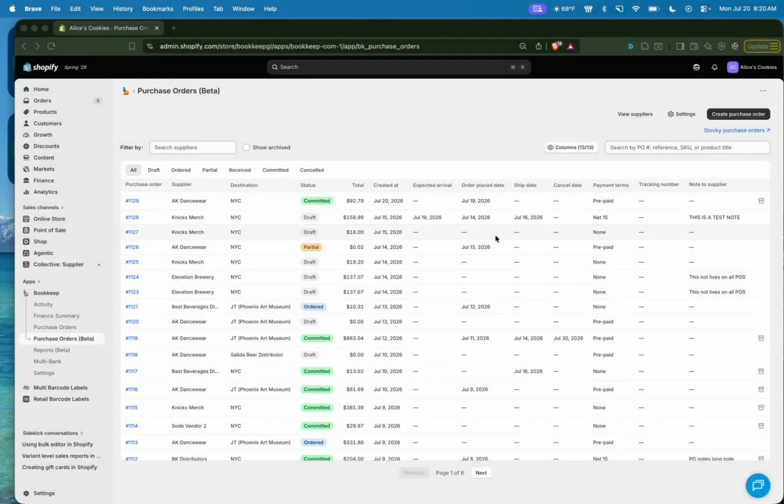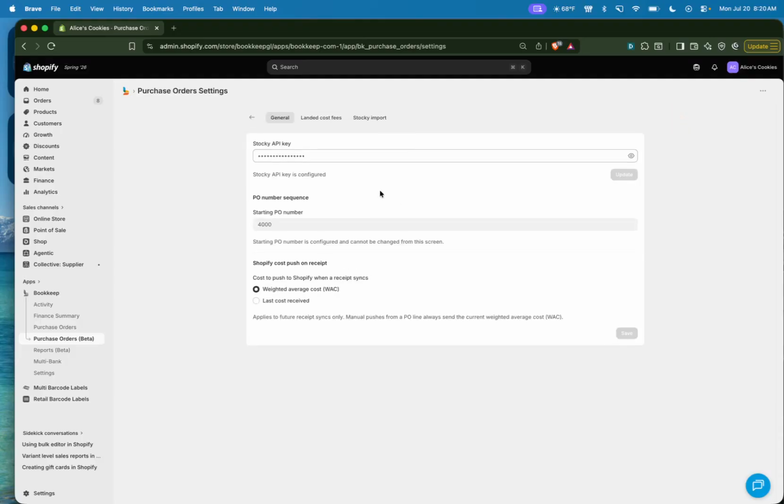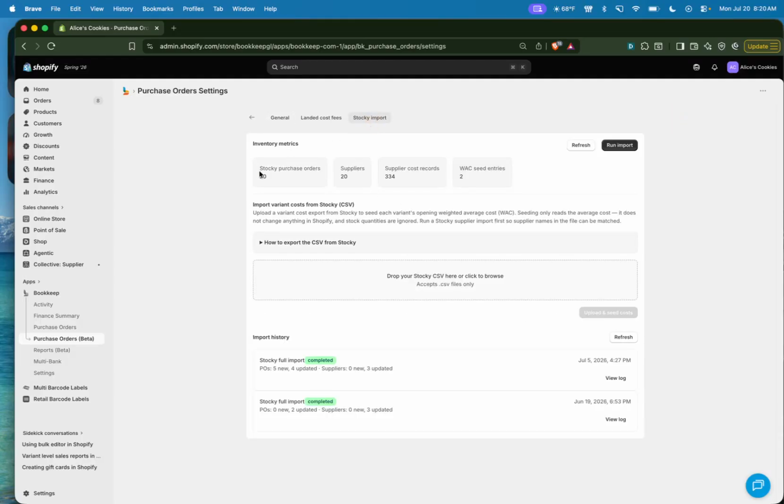I'm going to show you some of the features of Bookkeep Inventory as a replacement for Stocky. If you're a Stocky user, if you have a Stocky account, you can add your Stocky API key here. We will import all of your Stocky purchase orders, all your suppliers, all your vendors as suppliers, all your supplier